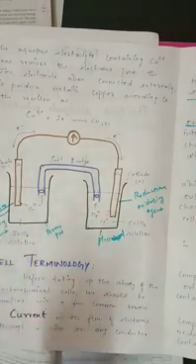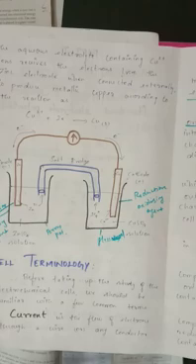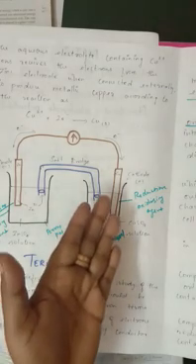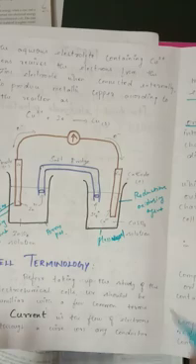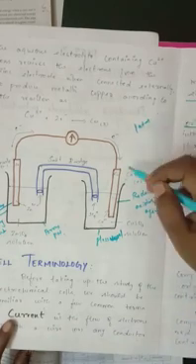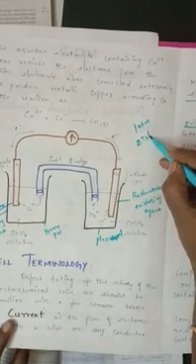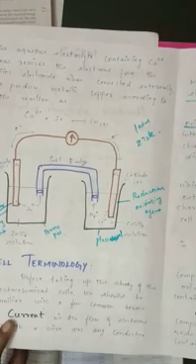Suppose you are taking zinc, what will be its oxidizing power, and what will be the reducing power of zinc? If you want to determine the copper electrode, what will be its oxidizing or reducing power? It must be determined by standard electrode potential. The standard electrode potential is the value of the standard EMF of a cell in which molecular hydrogen under standard pressure, that is 1 atmospheric pressure, and 273 Kelvin, is oxidized to solvated protons at the electrode.